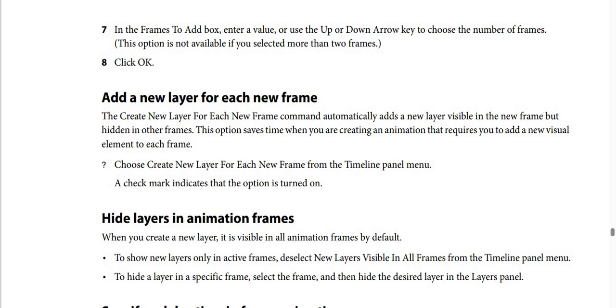And you have to choose create new layer for each new frame from the timeline panel menu. Then a check mark indicates that the option is turned on. And how to hide